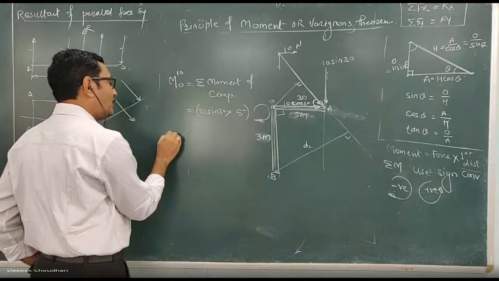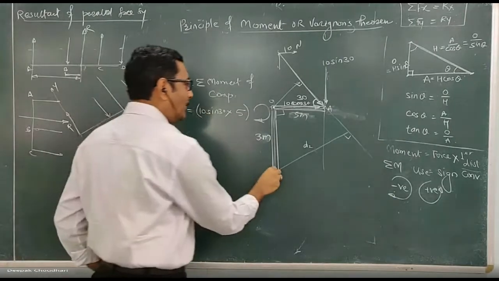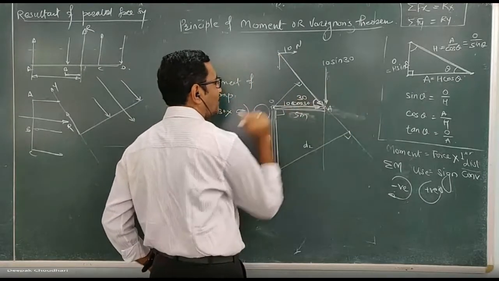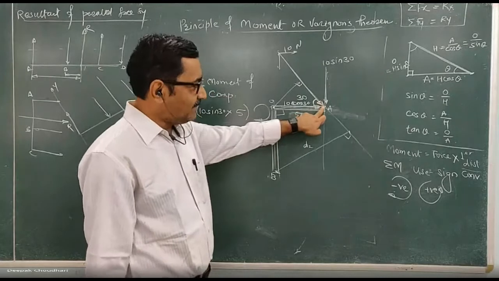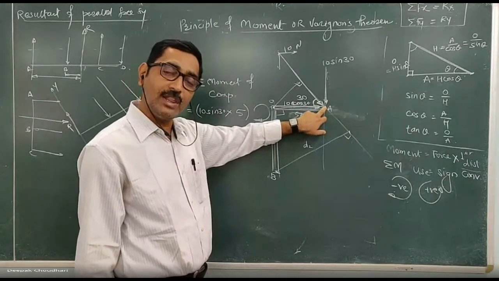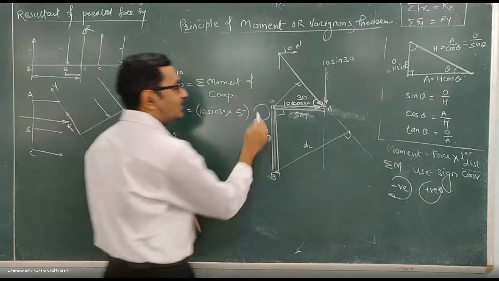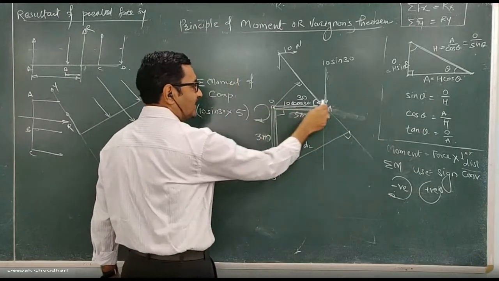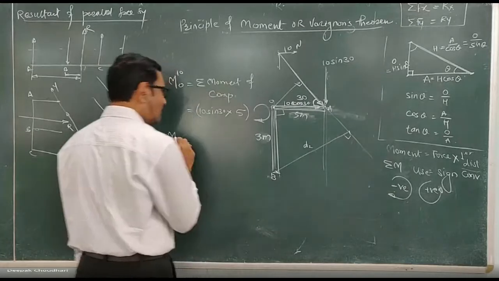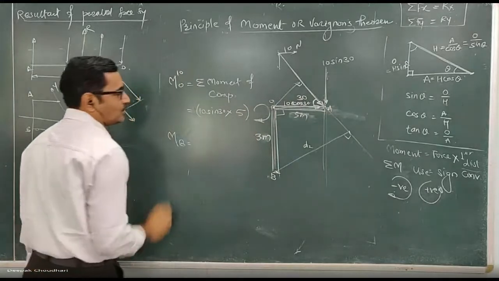Now to calculate the moment of this 10 Newton force about point B. Again, instead of finding the perpendicular distance, I will take the moment of the components. I will keep this component here itself and assume this component acting at point A only. I will resolve the force at point A only, because B is now the moment center. I know the vertical distance of this point A as well as the horizontal distance of point A. So the moment of this original force about point B is equal to the moment of these two components about point B.